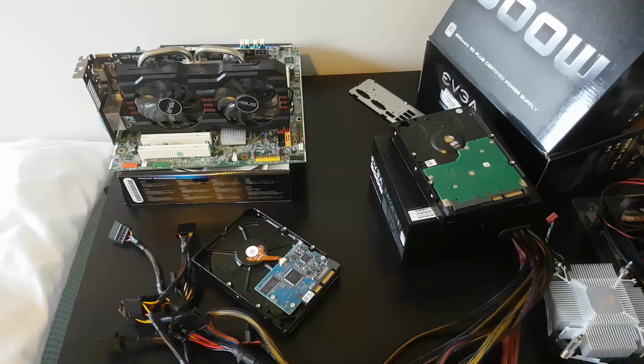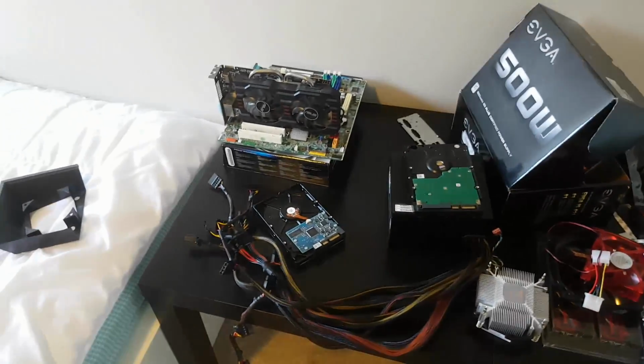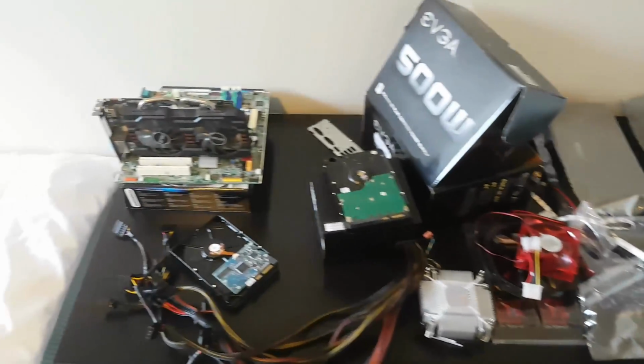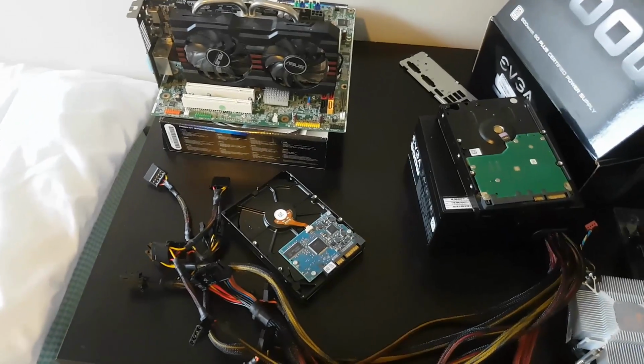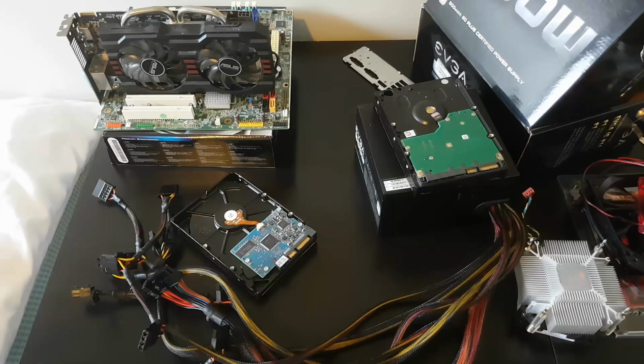Taking an actual look at the parts that I actually salvaged. So right here is just a huge mess. I'm really sorry about this. This is basically all the computer parts that I have right now. And I can actually build this PC right this instant, but unfortunately I can't because I actually still need the